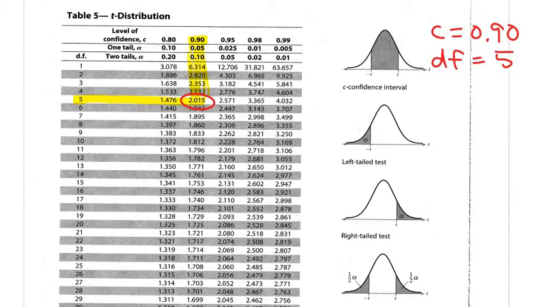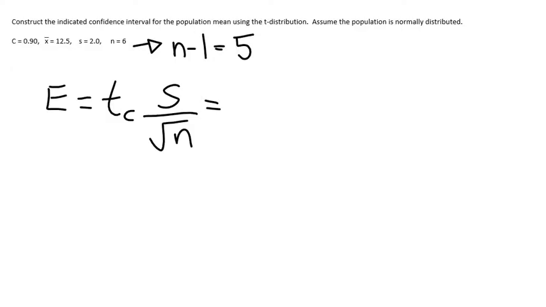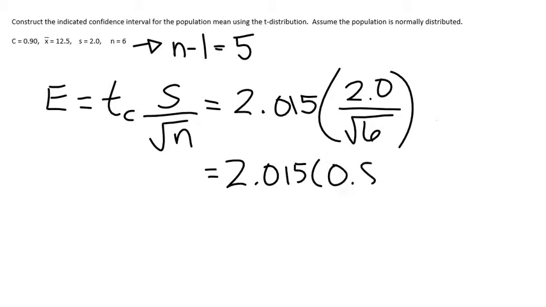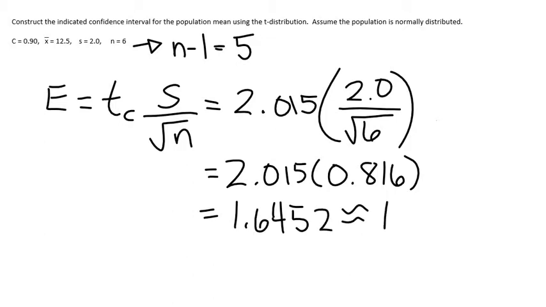Now let's take that critical value and let's put it back into our formula. So here we said our critical value was 2.015, our standard deviation is 2.0, and n is 6. 2.0 divided by the square root of 6 is approximately equal to 0.816. This is approximately equal to 1.6452, and I'm going to round this to the nearest tenth, since in my problem x bar is rounded to